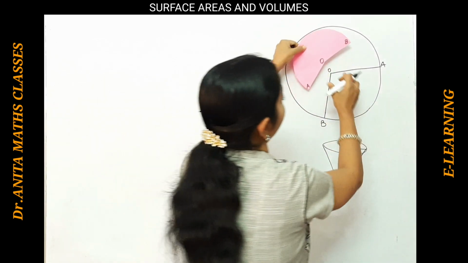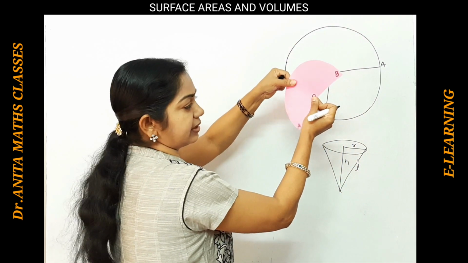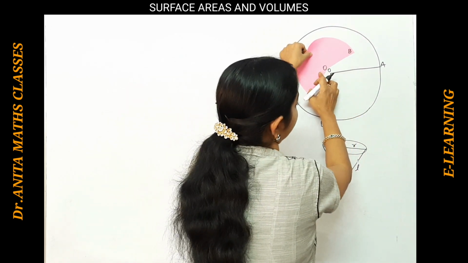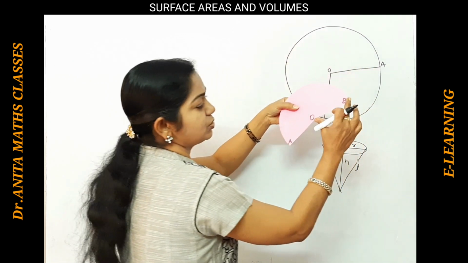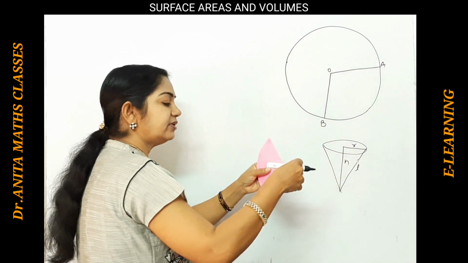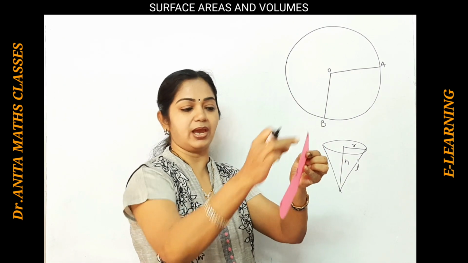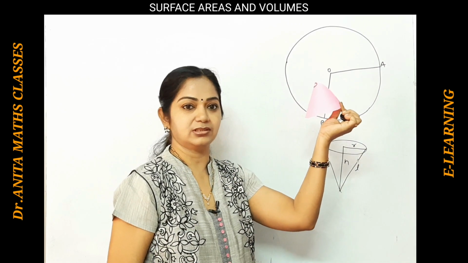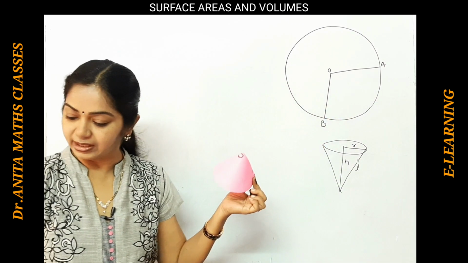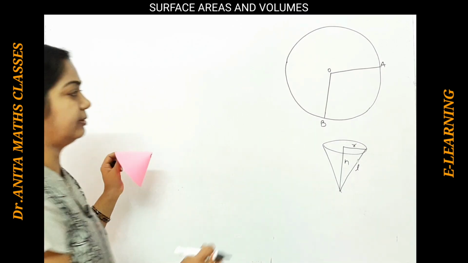So, this is a part of a circle, that is the sector. This is O, here A and B. These two are the radii. Here in the question, if the bounding radii OA and OB are joined together, this forms a cone, isn't it? Now here, given the measurements, let us write 15 centimeters radii.